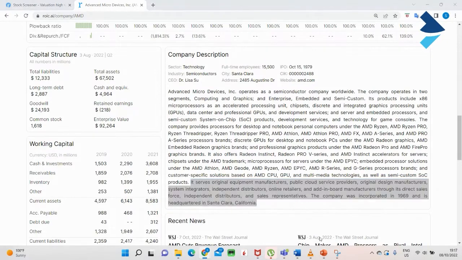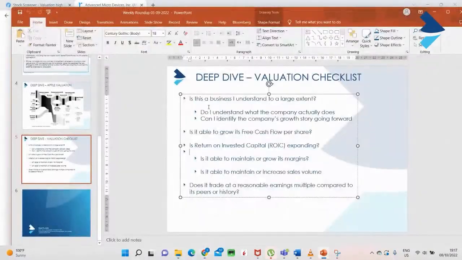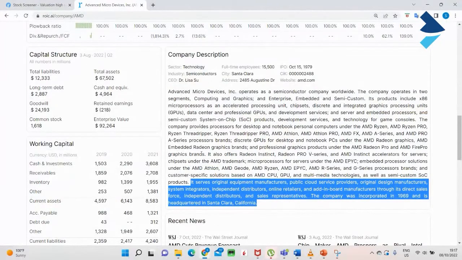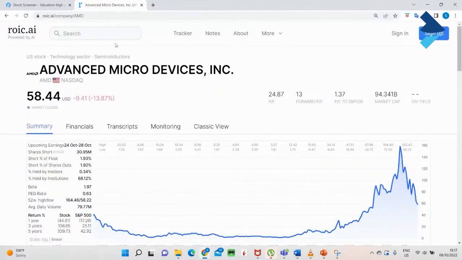Acha, obviously, a big question I always have is this a business I understand to a large extent? Do I understand what the company actually does? Can I identify the company's growth story forward? इसका सबसे आसान तरीका ये है कि भाई मैं इसकी वेबसाइट पे चले जाऊँ, इसकी वेबसाइट कहीं ना कहीं होगी,